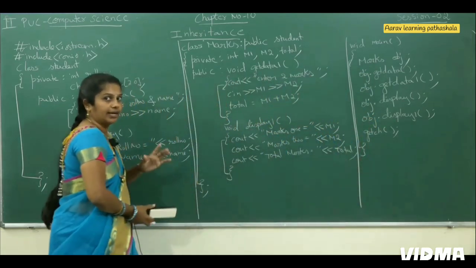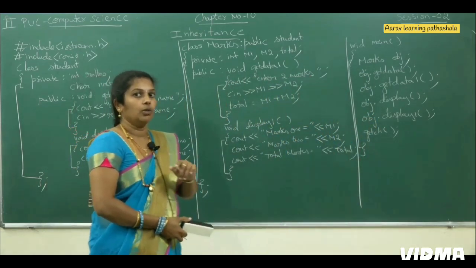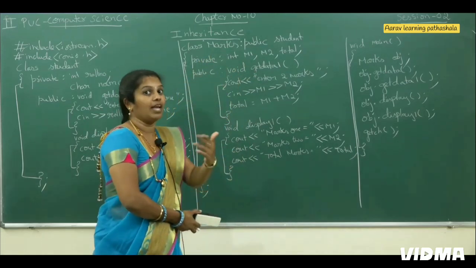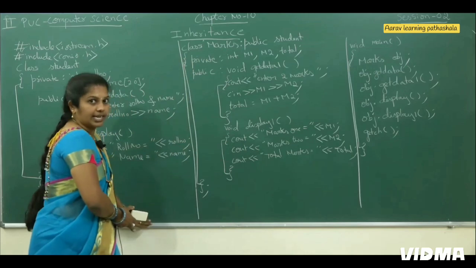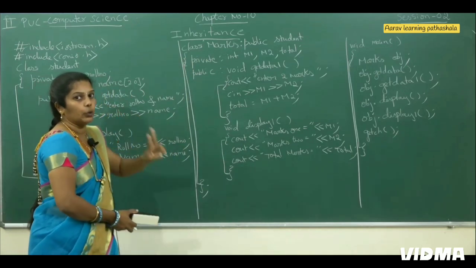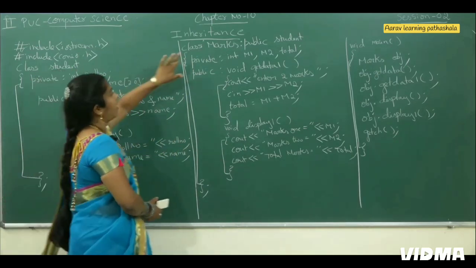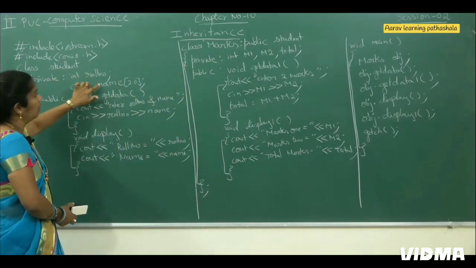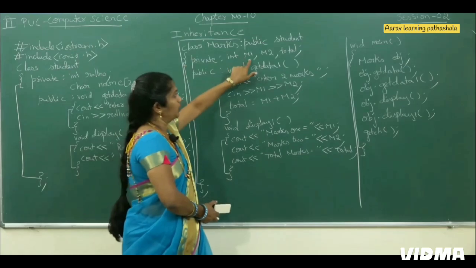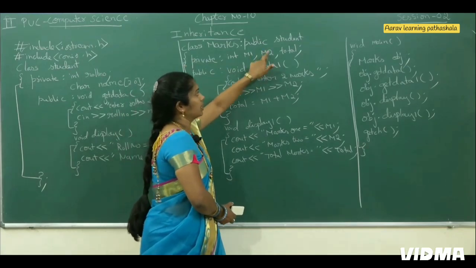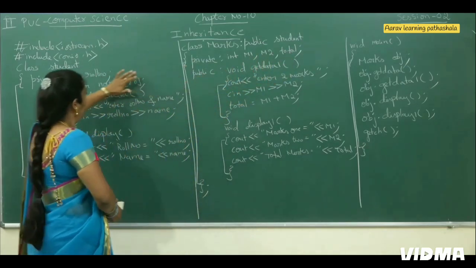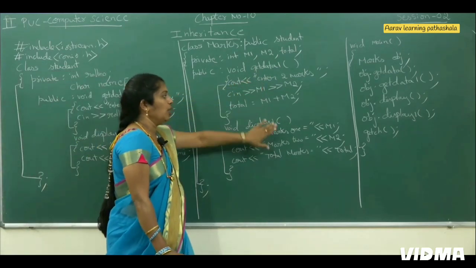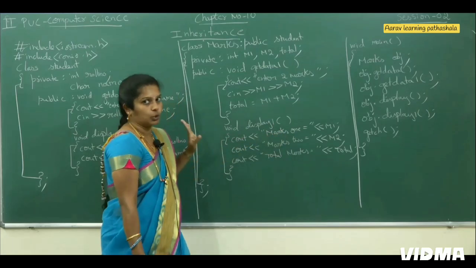Now is it clear? What did you understand in this class? How to define a derived class. What is the main use of this? See, once again to explain this entire program. In this program we had 2 classes, one is the student class and one more is the marks class. In the student class we have 2 data members, roll number and name. In the marks class we have 3 data members, marks 1, marks 2 as well as total. Here I input the values as well as display the values. Here also I input marks 1, marks 2 and then display marks 1, marks 2 as well as total.